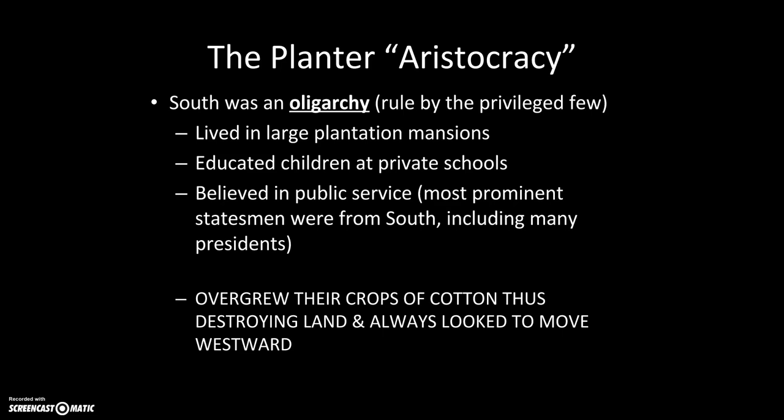And so you can sort of see this melding of economic success and social success, where not only do they obviously benefit from slavery financially, but politically as well, because they turn into really the ruling class of the South, where you have the few really exercising their power over the many. And this is something that Andrew Jackson doesn't really like, and this is sort of anti-democratic to a certain extent, with the few elite ruling over the many, over the poor. So this is going to add to that sort of dynamic.